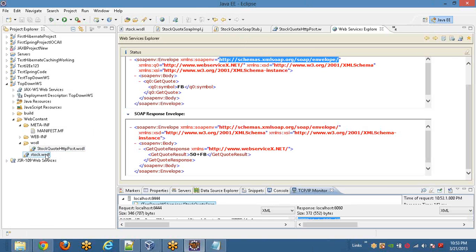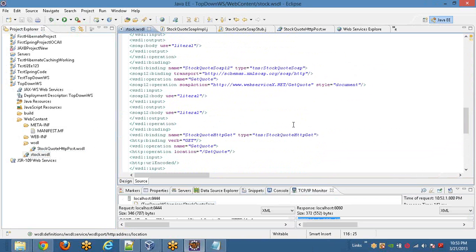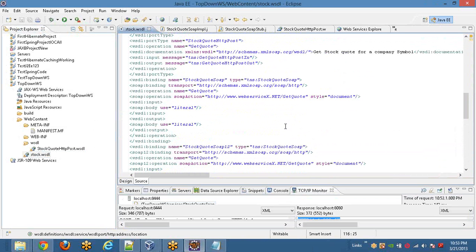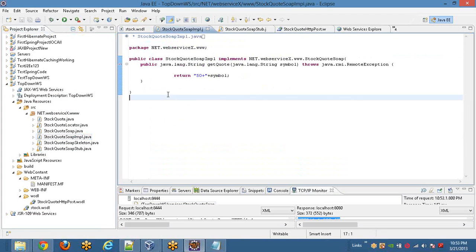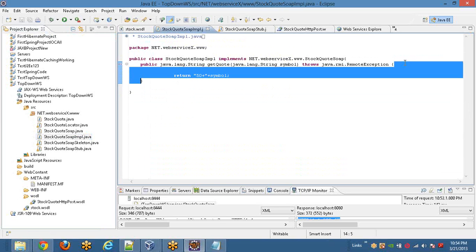You start with a WSDL where your service definition is written. That's something which typically comes out of your design phase as an output, and then you give it to the developers or application development team to come up with the implementation. And what we saw was how to auto-generate some of the classes, helper classes, and then how to write the logic in the intended classes. Eclipse uses its inbuilt Axis capability to pre-generate all these classes,